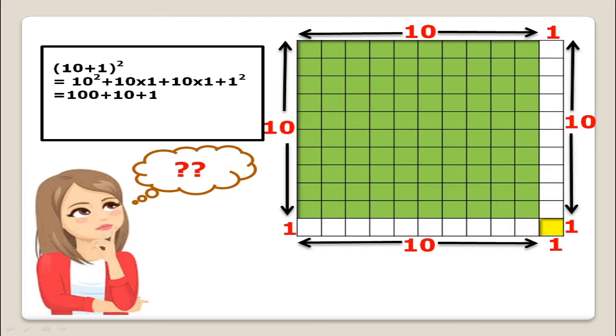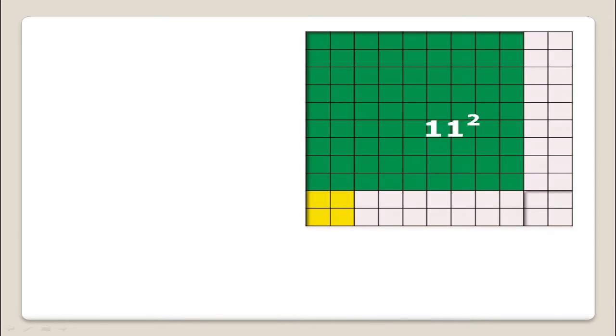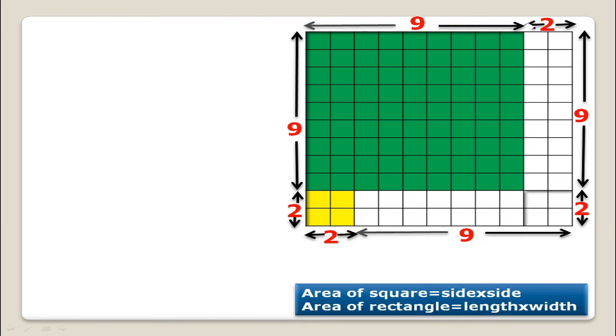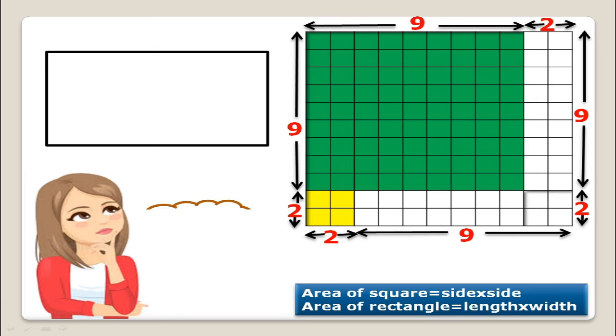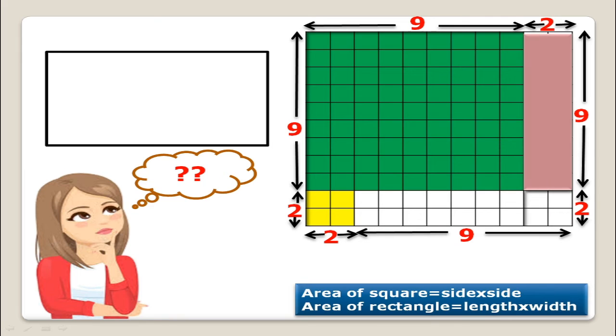What if we fix it at the left bottom corner? See here what happens. Here is the second expansion of 11 with 9 by 2. We have two squares. One is of side 9 by 9 and the second is of side 2 by 2, and we fix it here, left bottom corner. This area is again the sum of two squares and two rectangles of the same size, 9 by 2 and 9 by 2.